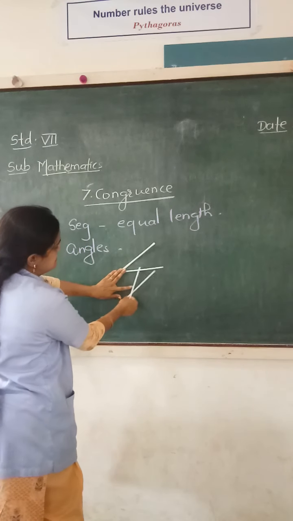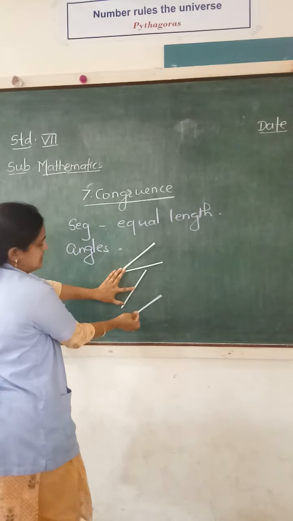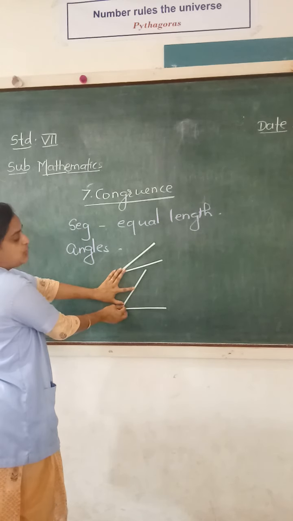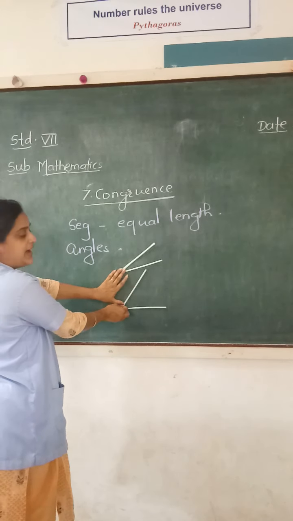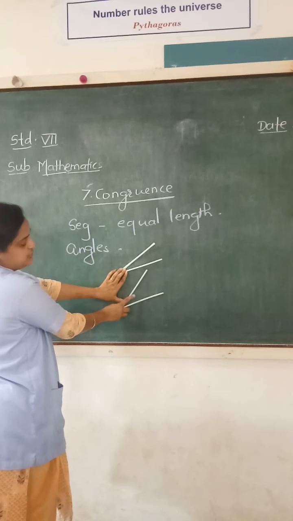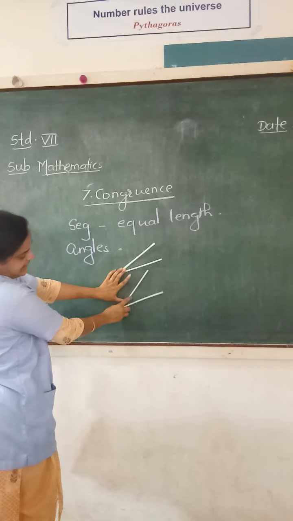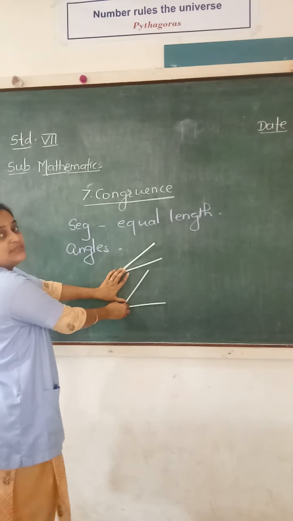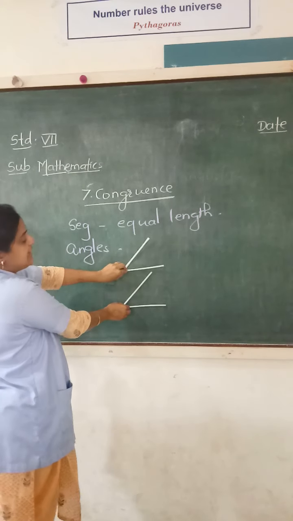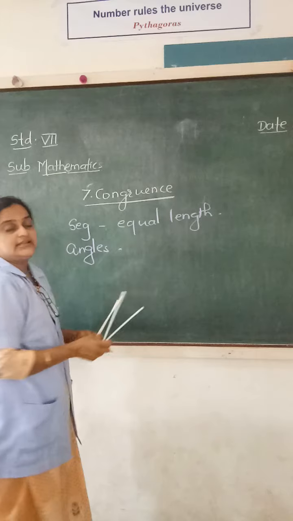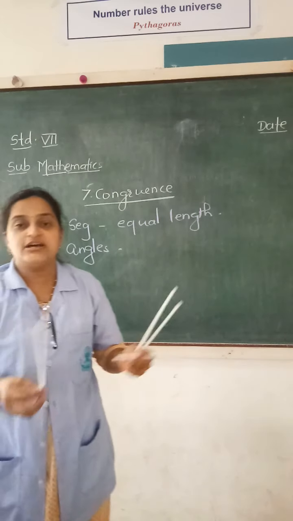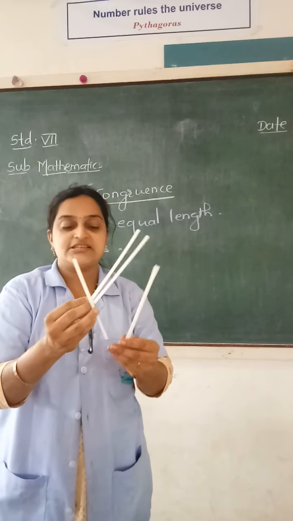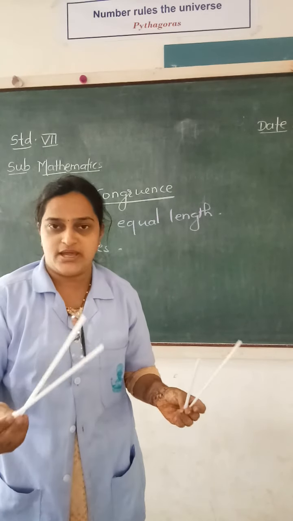This is one angle and this is suppose another angle. How will I decide whether they are congruent? What are the elements which I need to match? See, angles have two arms and they have this rotation, the measure of this rotation, that is called the measure of the angle. So what is the criteria for deciding whether the angle is greater, smaller, bigger, equal? How do we compare it? By measuring, by looking at the measure of those two angles, correct?